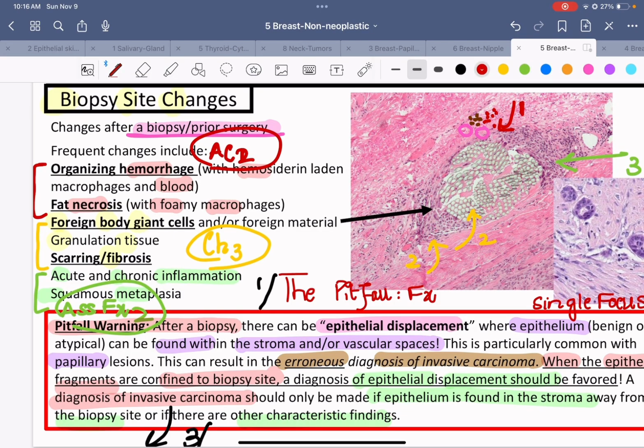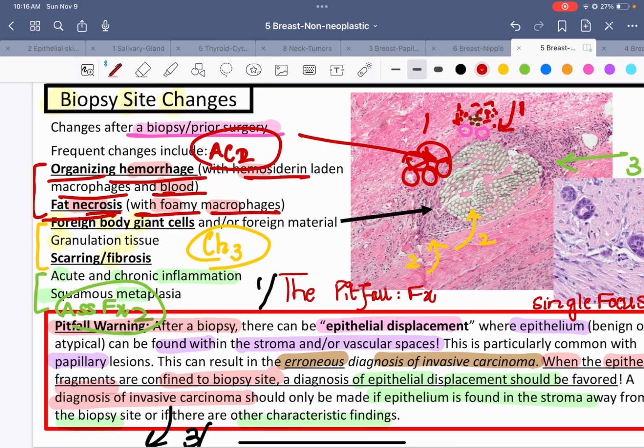So for the acute changes, someone is going to put a needle down the breast. Of course you will find hemorrhage, and the hemorrhage will now be organizing with hemosiderin-laden macrophages, and there can be fresh blood as well. So number 1, you will find blood and hemosiderin-laden macrophages. Number 2, the fat that was present in the tract of that needle will now start to become necrosed, and you will find necrosis of the fat along with foamy macrophages. So this is our feature number 1, the acute feature: blood, hemosiderin-laden macrophages, fat necrosis along with foamy lipid-laden macrophages.